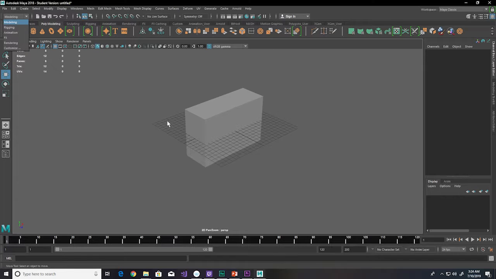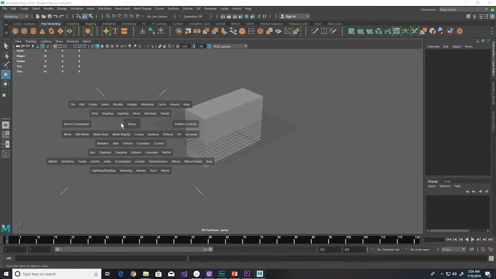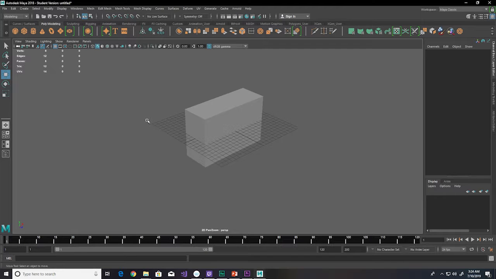So a quicker way to do that would be to hold down the space button, and if we just need something from rigging, like if we want to place down a constraint, we can just go to constraint and then we can pick one of those instead of switching all those things over. So it's extremely useful to have, and it'll speed up your workflow if you manage to get the hang of